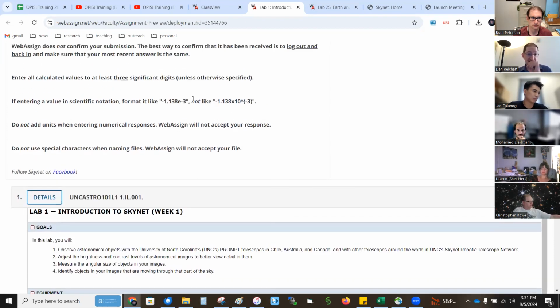What else? Scientific notation, it has to be in this form, can't be like this. It's my plan to keep this instruction there, but also put it everywhere in the lab when they have to submit scientific notation. I don't think it's anywhere in this lab, but they forget. This is interpreted as a string, and it just comes back blank. Like, I swear I answered something here, but it just erases it. It's like, I'm expecting a number, not a word. So they've got to get scientific notation correct. Don't add units, because then it becomes a word. The units I write outside the box. And when naming files, it's best to avoid special characters.